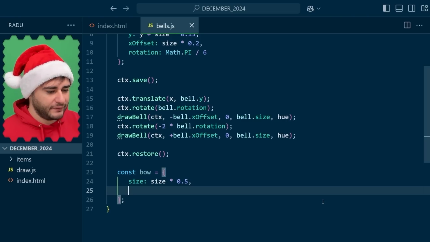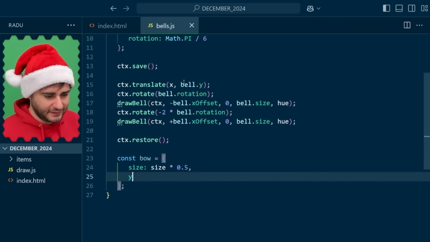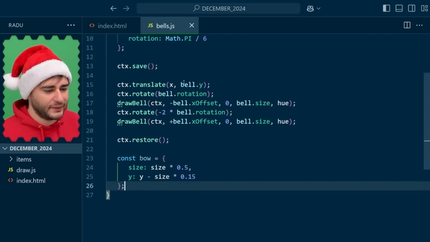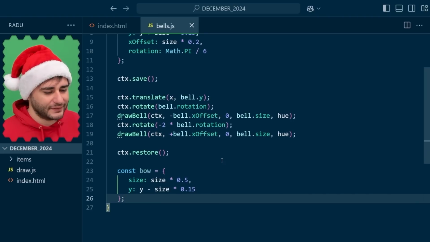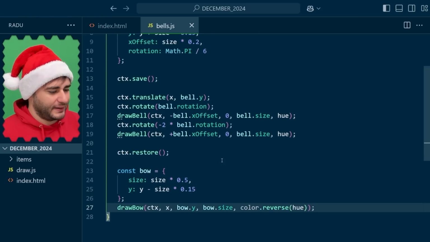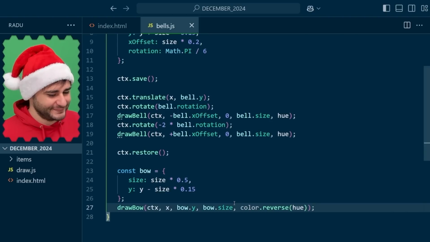And then the Y value, I'm just going to try opposite this one. Sometimes using these values that you already have, flipping them, doing some kind of complement tends to look good. Of course, not always, but it's my first guess when I need to do something like that. I'm reversing here the hue so that the bow stands out. Now save,